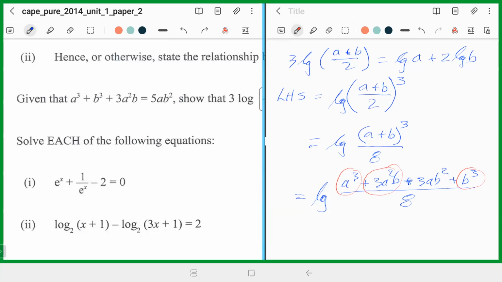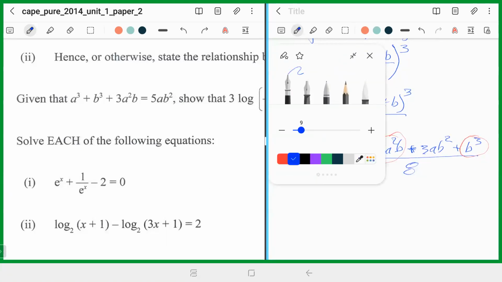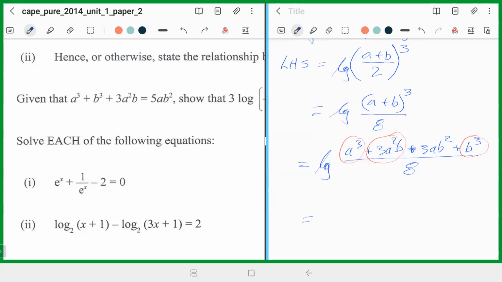So I can replace those three that I've circled, 5a squared b, with 5ab squared. That's what the question said: given that it equals 5ab squared. I'm going to replace those three that I've circled with 5ab squared. So this becomes the log of 5ab squared for the three things that I've circled, plus the 1 left here, which is 3ab squared, all